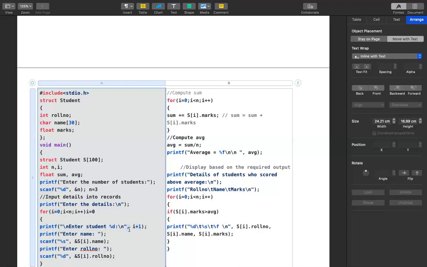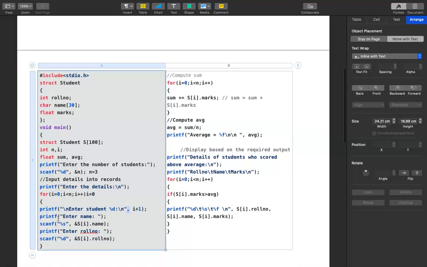So what is the first student detail? What do you need to enter first? First you need to enter the name. So what is name? Name is of type string, because it's an array of characters. So we are asking scanf %s ampersand, and carefully observe here, if you want to access this name, that should be via s, and s is not a normal variable, it is an array variable.